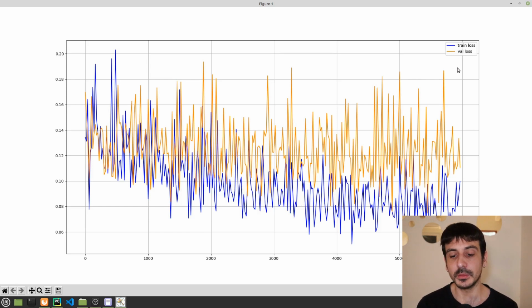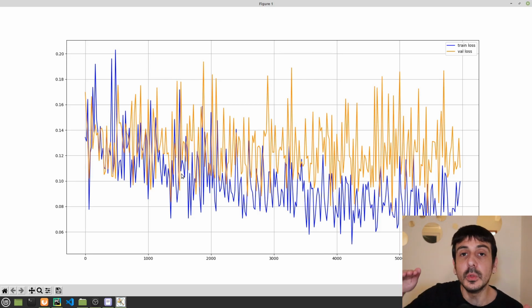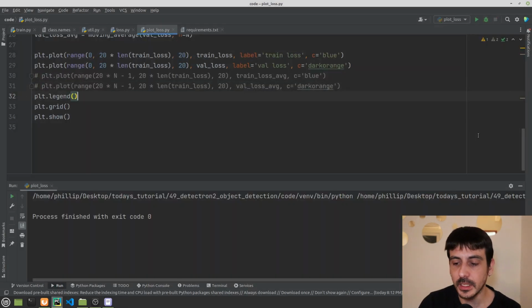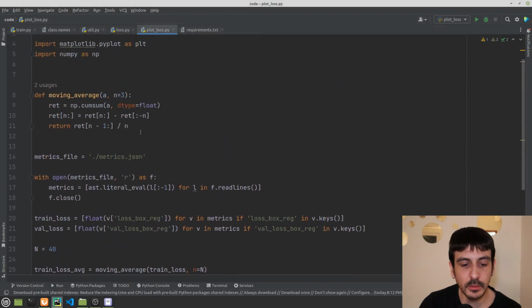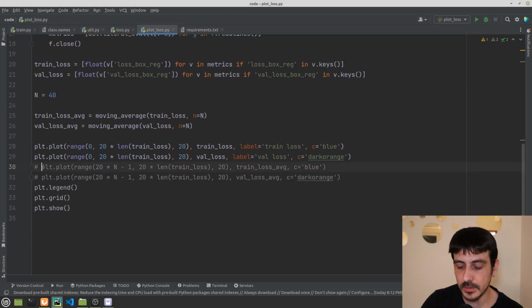But obviously this is something that we cannot analyze because this is a lot of information. This doesn't really look very well, right? So we're going to do something now which is going to make everything much prettier, which is to do a moving average on each one of these functions. Basically we are going to apply another function which is going to smooth these values. I already made all the code we need, and I already made this function which is moving average, and the only thing we need to do is